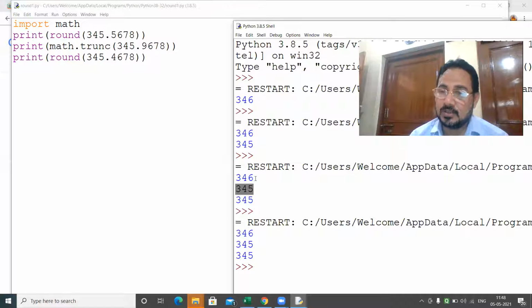Now I am focusing on round. Actually, when I teach MySQL, at that time also I will teach you the trunc function. But in Python, even though I wanted to teach, that's why I took the help of Google. I got the function. It is math.trunc. It is not a built-in function, rather from the library or module math. Then when you have to use trunc, you have to write math dot. Clear to you?